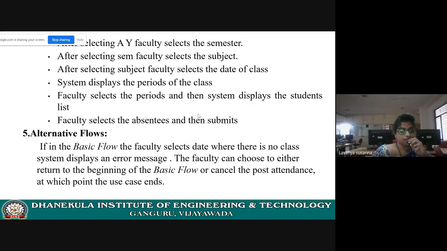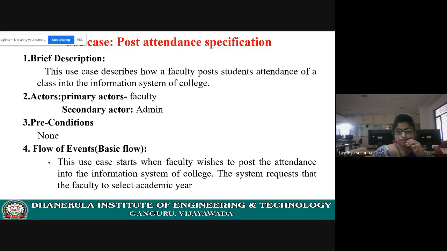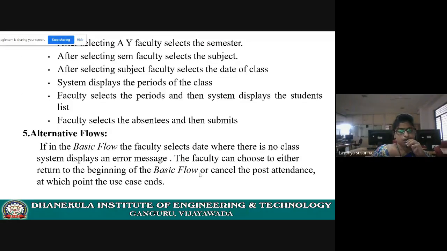Okay, I hope you understood. This is the alternative flow. Some error message if I selected some wrong date, or if I selected some wrong subject. Wrong subject means, today I didn't have any class for data structures. If I selected data structures, some error messages will be displayed, and there is no class hours for me. That's why I need to go again. I need to select UML, or otherwise I may go to the beginning, selecting the academic year, semester, all those things. Okay, I hope you understood. This is the alternative flow.